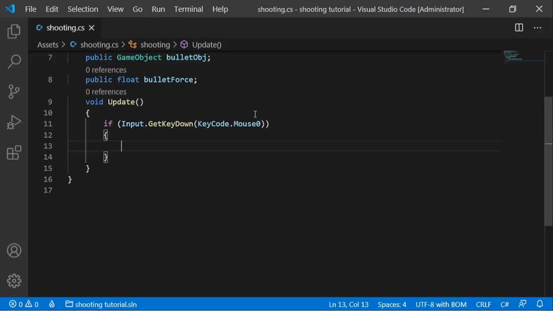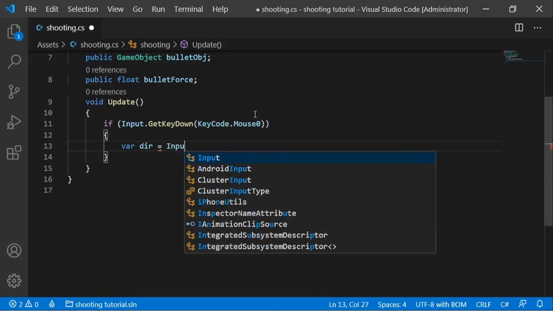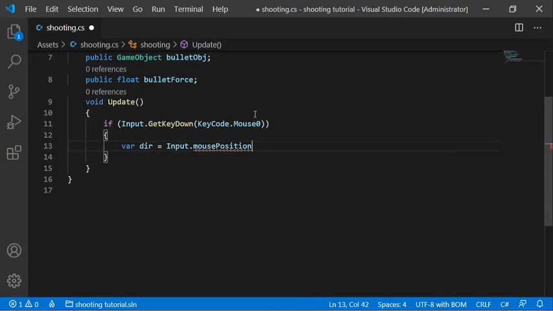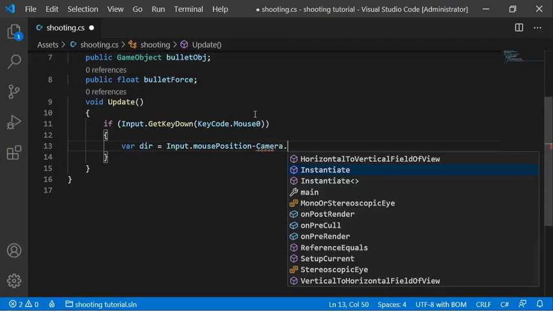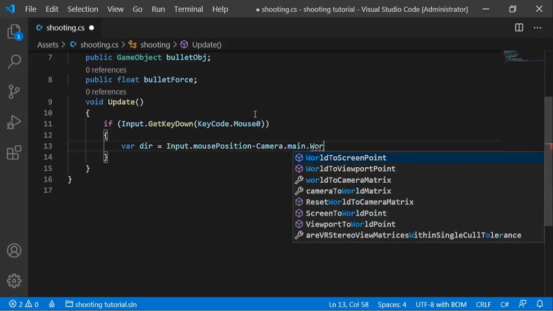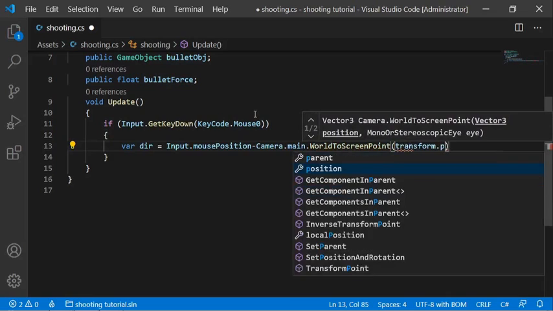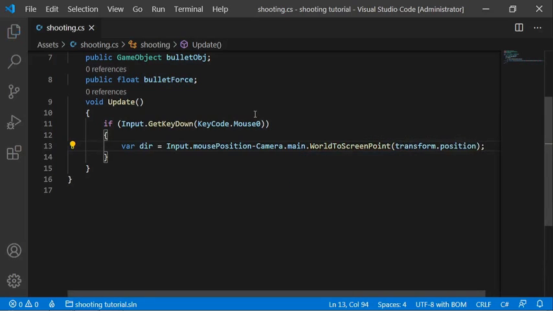to check where the cursor is. So we have to make a Vector2, and we will take Input.mousePosition, subtract Camera.main.WorldToScreenPoint(transform.position), and we have our vector from transform.position to the mouse cursor. And now we have to